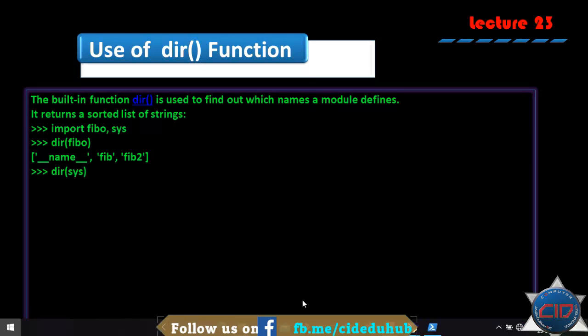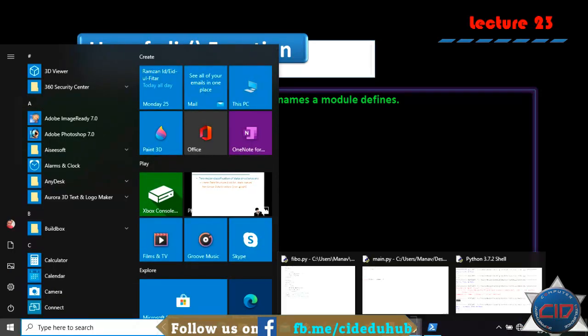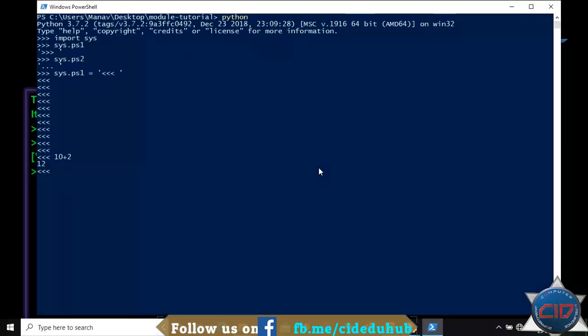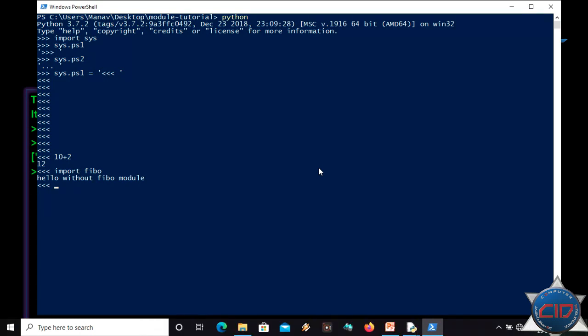Let me show you with programming, and let me go out here. Let me open the command shell, and now I'm going to import fibo also. Okay, so it has imported fibo, and now let me check with the dir function.